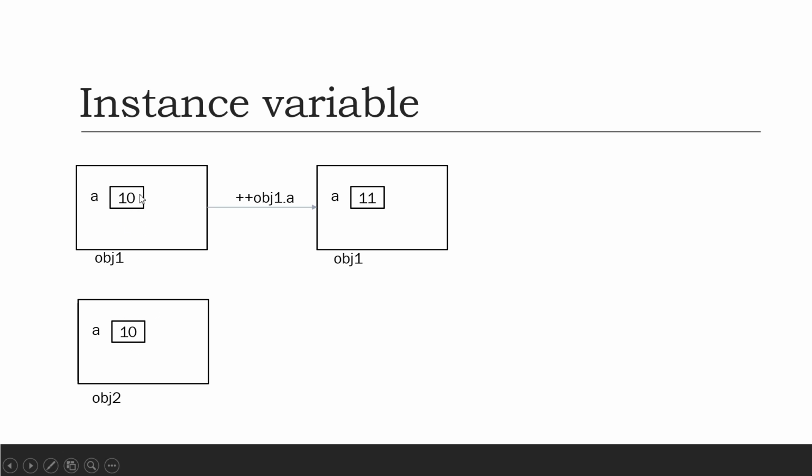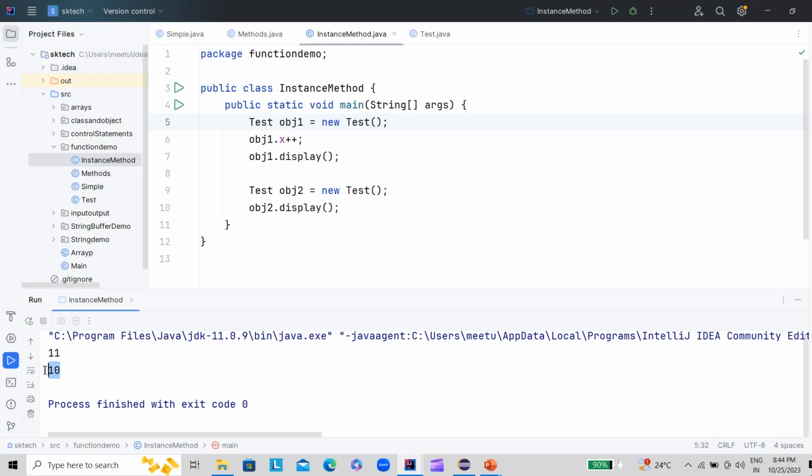In our case, we have given 10 and 10 for the variable x, and when we increment the variable with the help of object 1, it affects only object 1, not object 2. So this is the case of the instance variable: it creates a separate copy for each object.